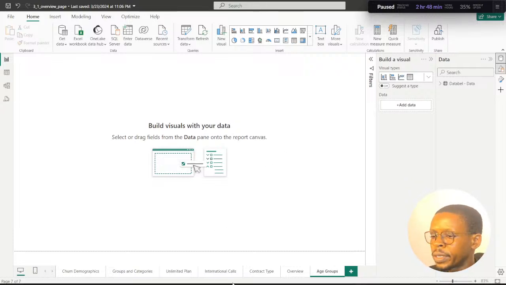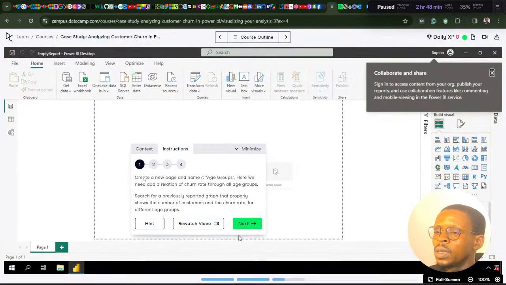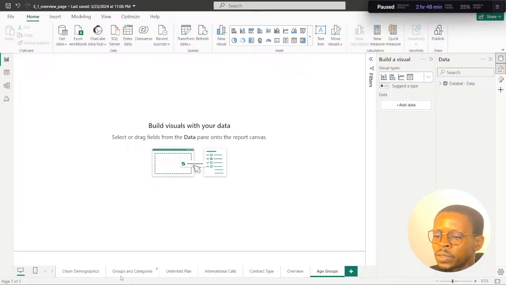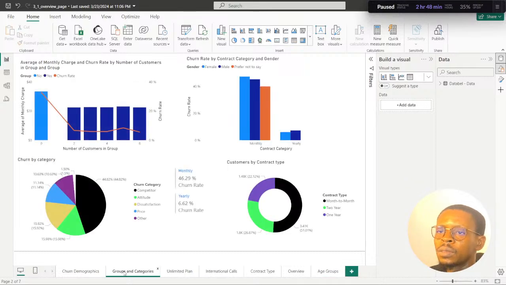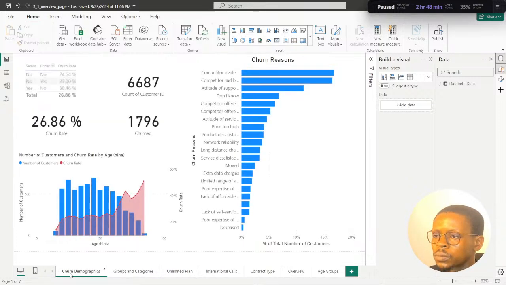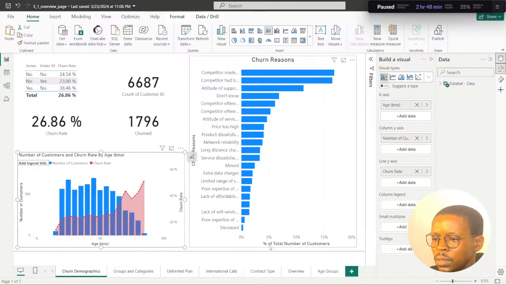Going back to the instruction, here we need to add a relation of churn rate to all age groups. Search for previously reported graphs that properly show the number of customers and the churn rate for different age groups. I think we created that already. We show the number of customers by churn rate and age group. This is the number of customers by churn rate, and this was it. I'll just copy that